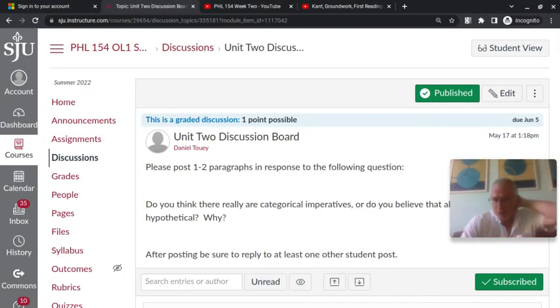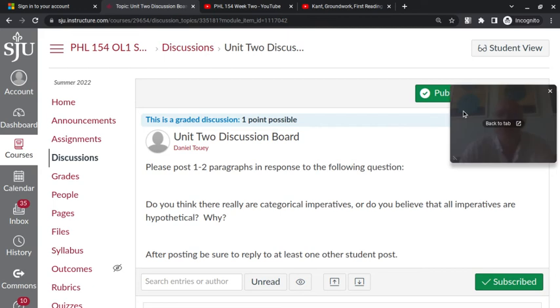Make a few remarks about this week's discussion board, which asks you to respond to a certain question, which I think is a key question having to do with Kant's moral philosophy. By the end of the week, or probably before, you should feel confident in responding to this. Obviously, there's no right answer. It's really asking your opinion, but it's asking for your considered, informed opinion about a point which I think is quite important in Kant's moral philosophy,